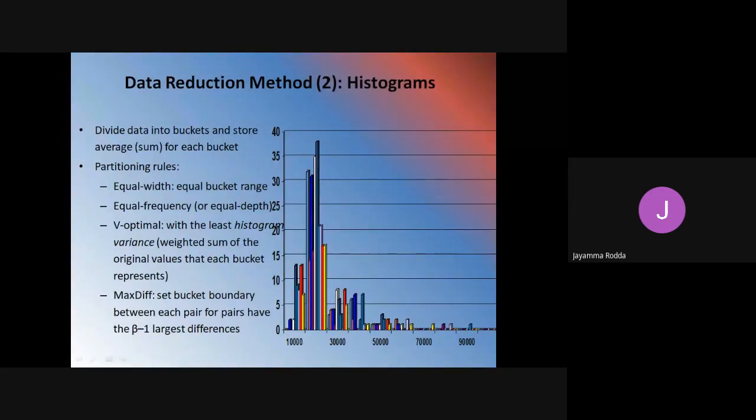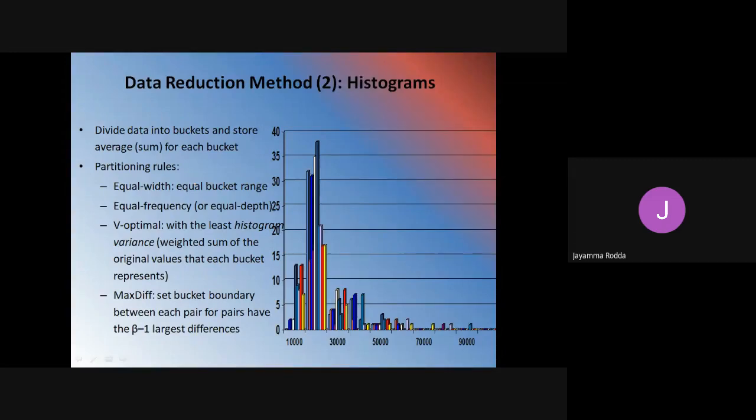These are the partitioning rules: equal width, equal bucket range, equal frequency, V optimal, max difference. We have seen these in the previous concept of binning methods. Histograms also use the binning method, where the data is divided into various buckets in order to find the data distribution.